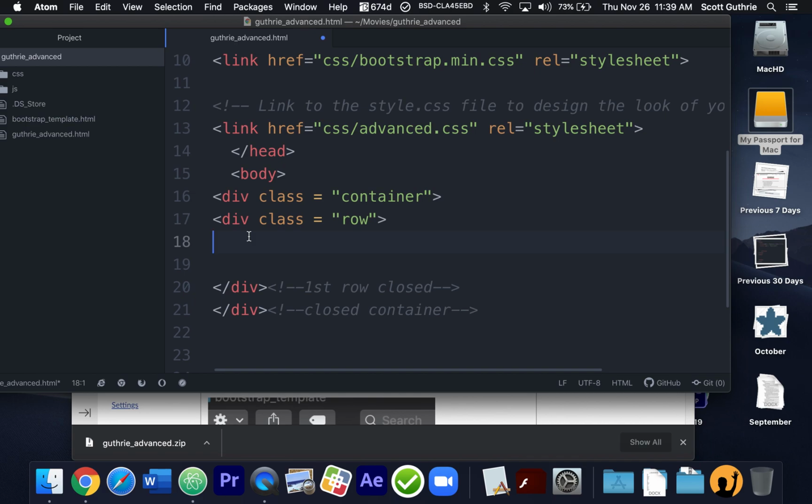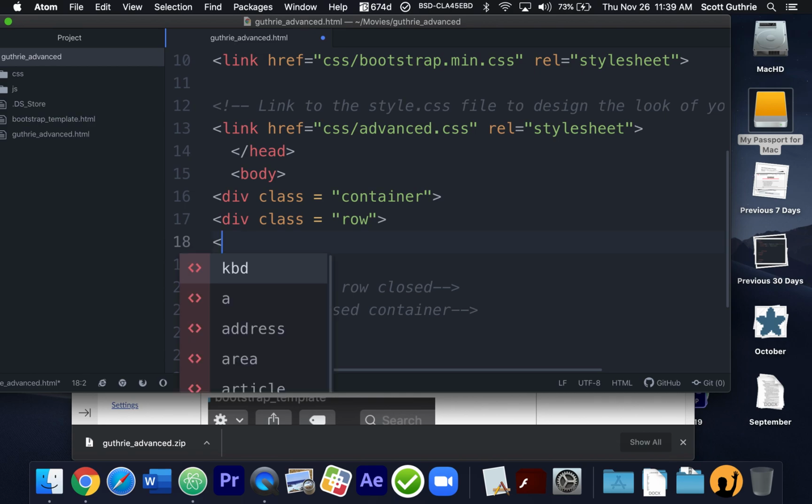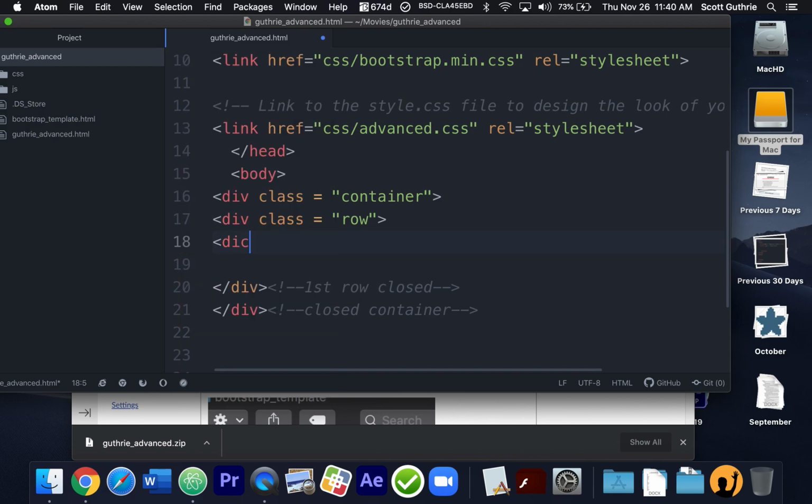So inside the row, if you looked at our example, we're going to have a long column that's going to take over the whole row. And again, the magic number in Bootstrap is 12. So the columns within a row have to add up to 12. Well, we're going to have one big, long, horizontal column. So that's going to be column 12. So I'm going to